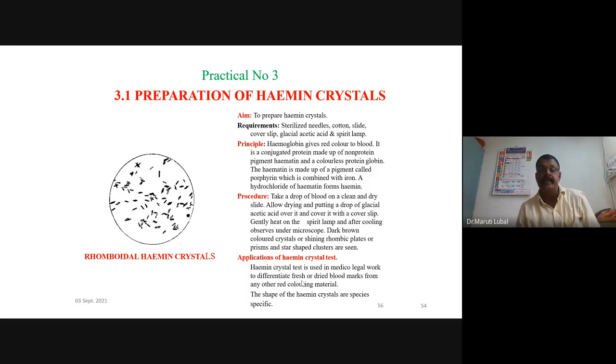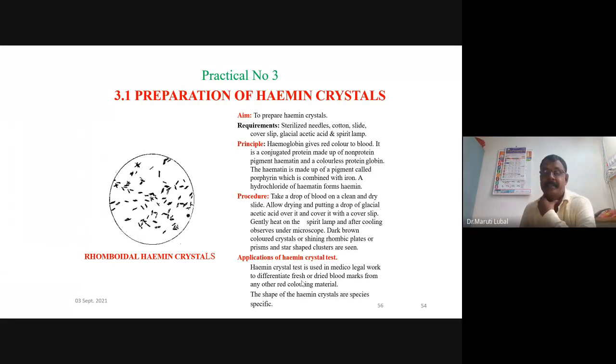The procedure for this practical is take a drop of blood on the clean and dry slide. The slide should be clean and very dry. Allow drying and put a drop of glacial acetic acid over it. After drying of blood drop, we can put a drop of glacial acetic acid and cover it with the cover slip, and then gently heat on the spirit lamp, and after the cooling, observe under the microscope. Under microscope, we can see the dark brown colored crystals or shining rhombic plates or prisms, and